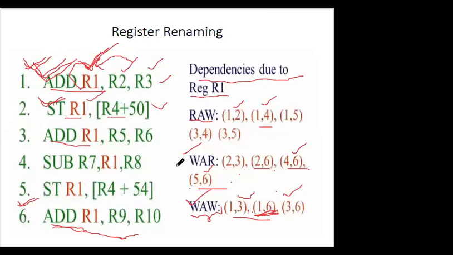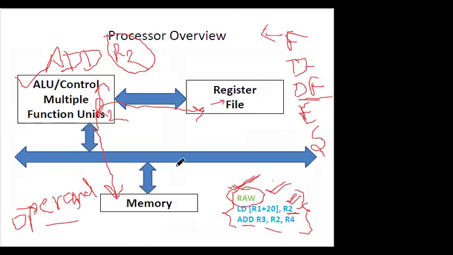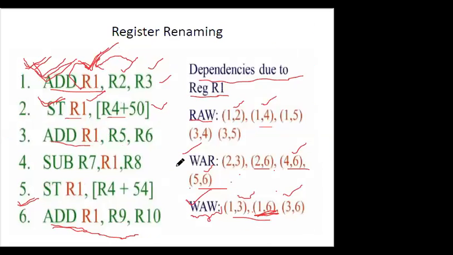So we saw two processes. One was operand forwarding and one was register renaming. Operand forwarding was used to address which hazard? Operand forwarding was used to address the RAW hazard, read after write. Whereas register renaming is used to address WAR and WAW. As we can see in this example, by renaming the register we have addressed these two hazards.